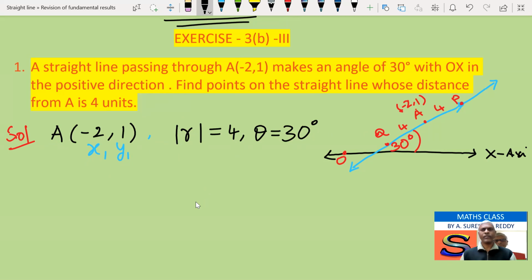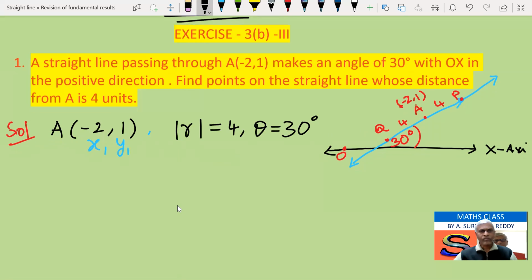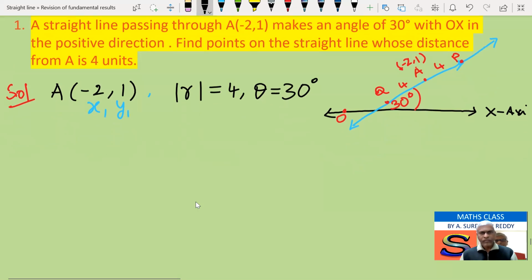This is the given information. Now, any point on the line PQ, A is any point on the line, and any point on the same line at a distance of 4 units, at a distance of R units from A